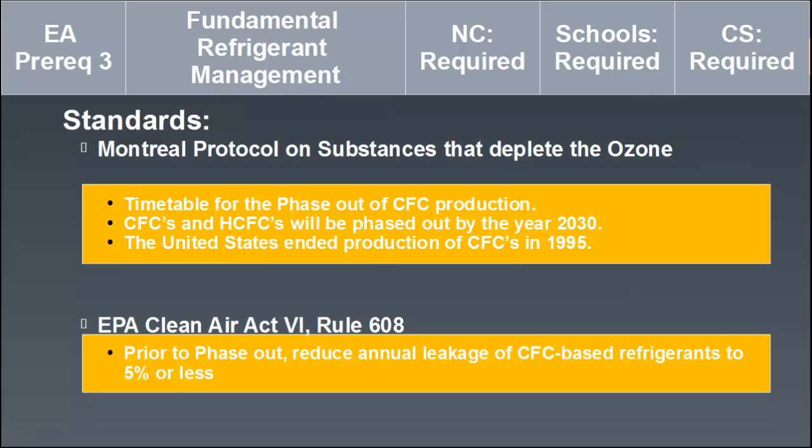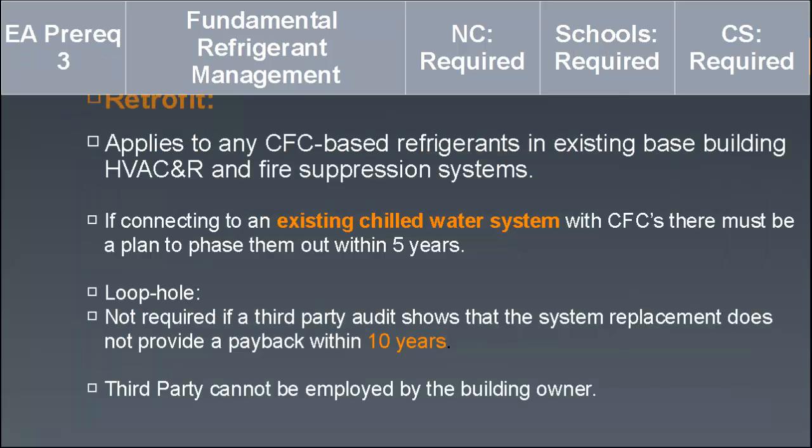The other standard is the EPA Clean Air Act, which establishes that prior to phase out, you need to reduce annual leakage of CFC-based refrigerants to 5% or less. And it gives tips on how to do that. In a retrofit, the prerequisite applies to any CFC-based refrigerant in existing base building HVAC and refrigerant, and fire suppression systems. And if connecting to an existing chilled water system with CFCs, there must be a plan to phase them out